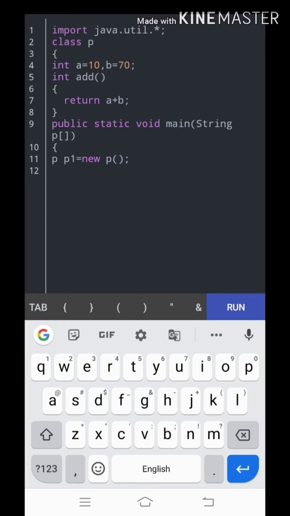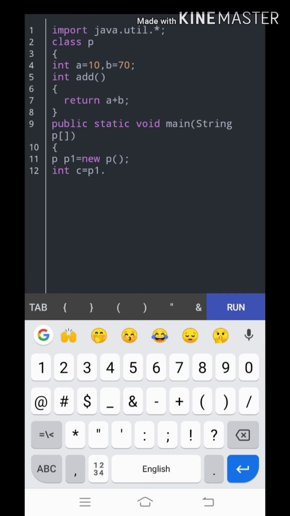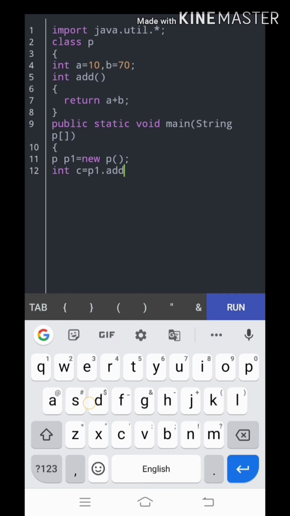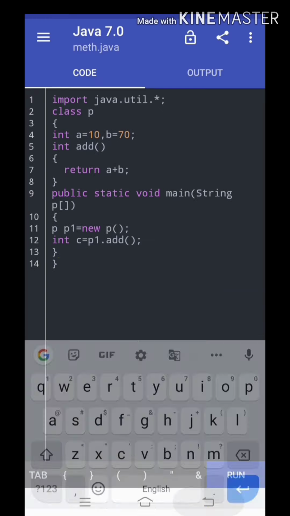In the previous one, when dealing with a return type, we cannot directly print that value, so we need to take a variable as int c equal to p1.add function. As it has empty parameters, we need not declare any values inside the add function parameters. So I'm going to close the main function and close the class.